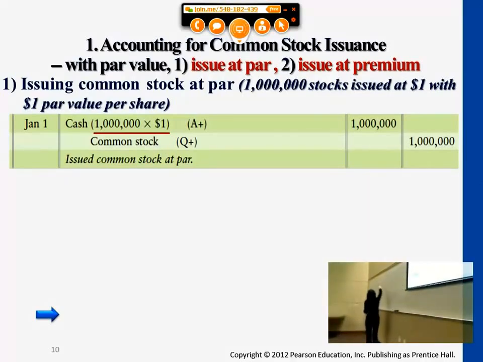Just to refresh your memory a little bit, equity falls under the right-hand side of the accounting equation. Remember, asset equals liability plus equity. Liability and equity, both of them, the normal balance side is the right-hand side. So you almost will never see common stock be debited because we're raising capital. Okay, for all the cases that you see oftentimes,